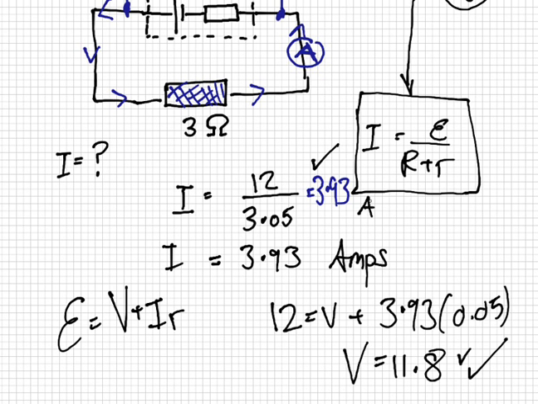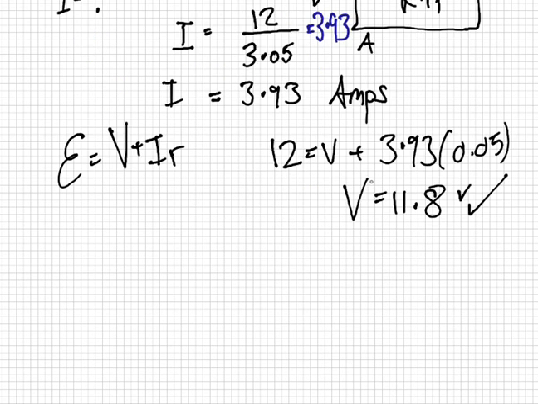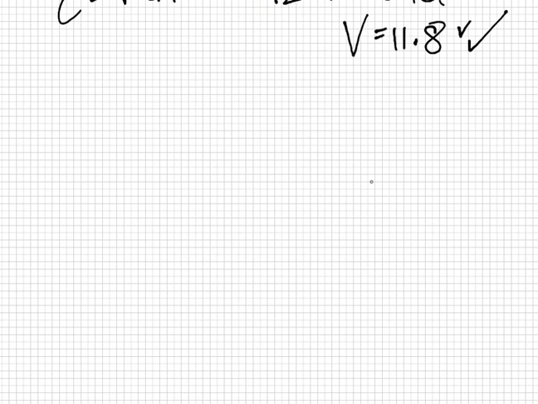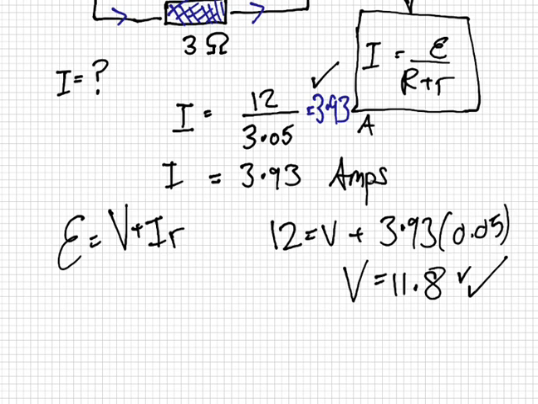Amps. No, the current is 3.93. Yeah, small resistance is 0.05. Okay. So you don't use complete resistance when you find terminal voltage. Well, we didn't need to, but